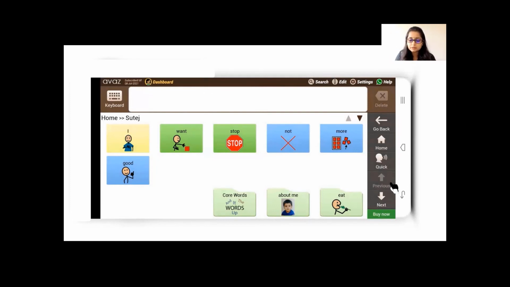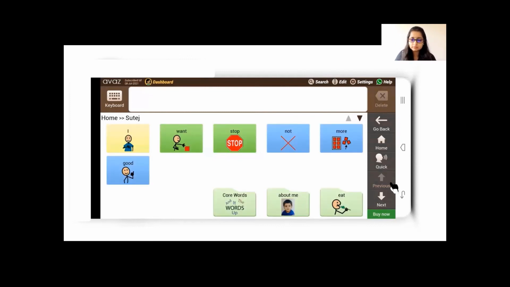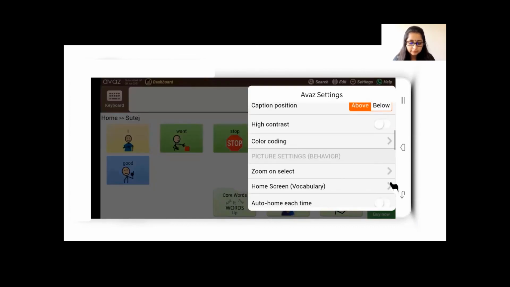What I need to do is press Next, and then it goes to the next page. And if I press Previous, it goes to the previous page. So this will prevent accidental scrolling, which is very useful for children with fine motor difficulties. Okay, so I'm turning it off.